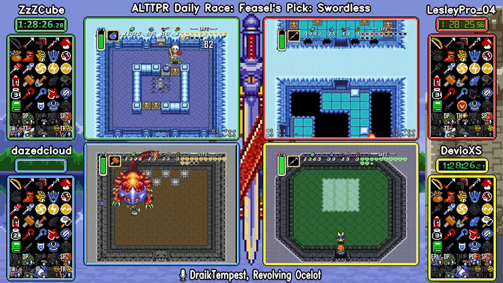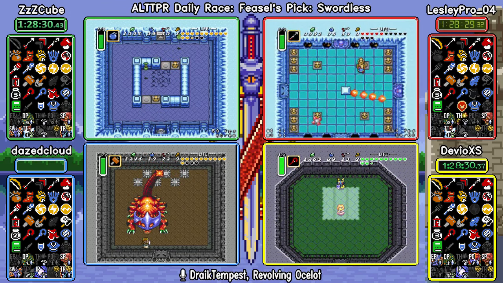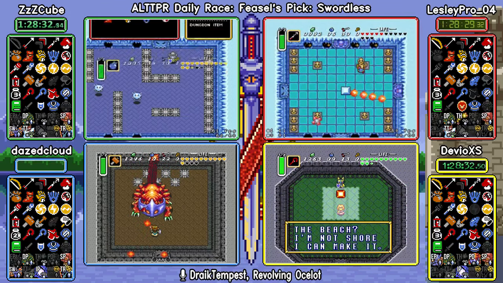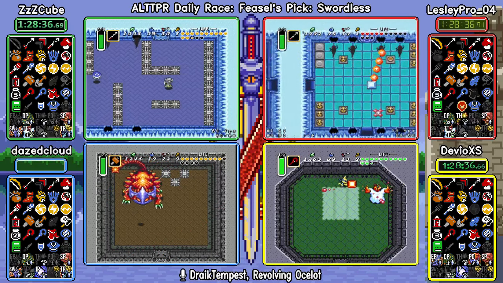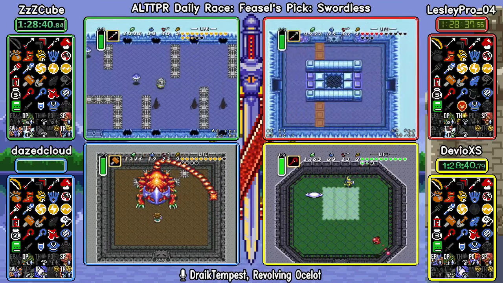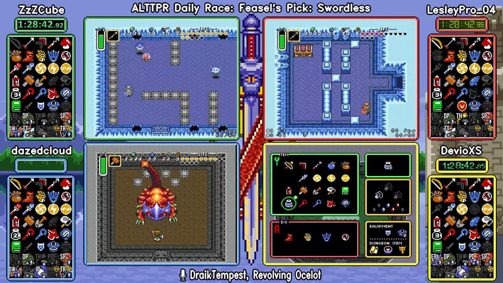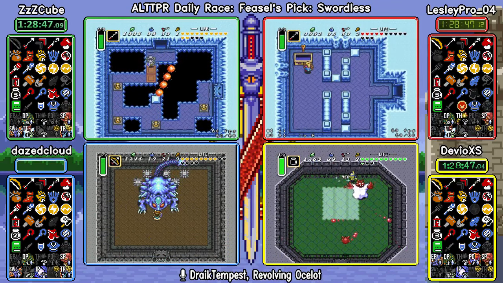Dace Cloud is our second runner to take on the Helmasaur King, and Cube is also making his play into Ice Palace, hopefully to pick up his bow. Leslie Pro is still in Ice Palace. I'm not sure if he has checked all the items in here. It's a little bit hard to see his stream right now because he's having a bit of lag issues. Most of it is coming through, but